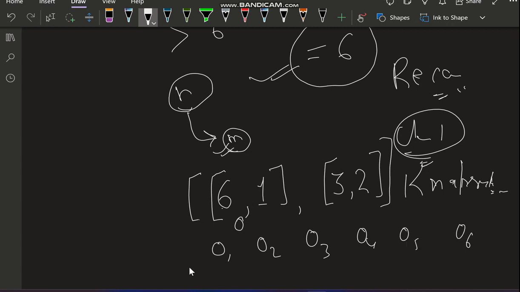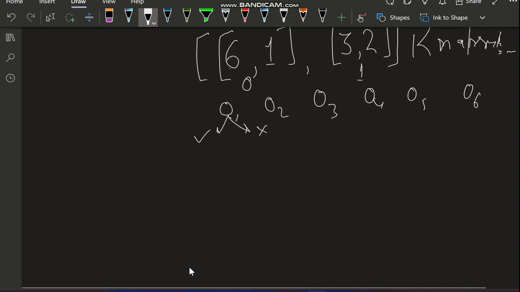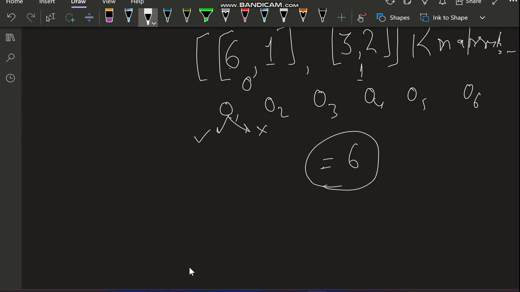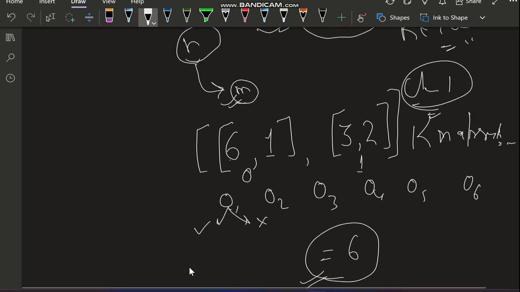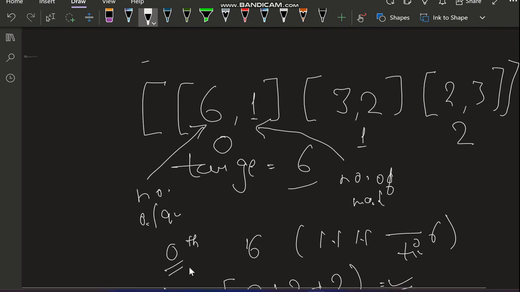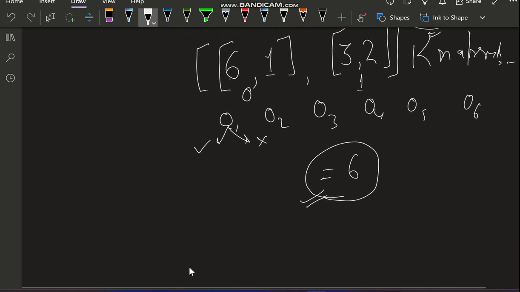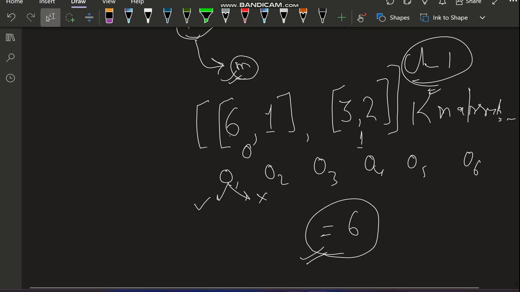For each and every question we have 2 options, either we solve this question or we cannot solve this question. In this way we can find the total number of ways, and we consider only those ways in which the total marks are equal to 6. So for each step we have 2 options. Let's see the code and try to understand it by seeing the code, and after that I will try to explain it more.